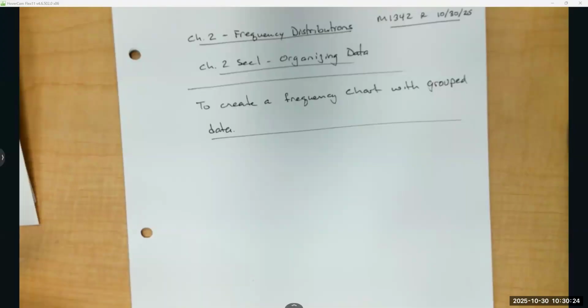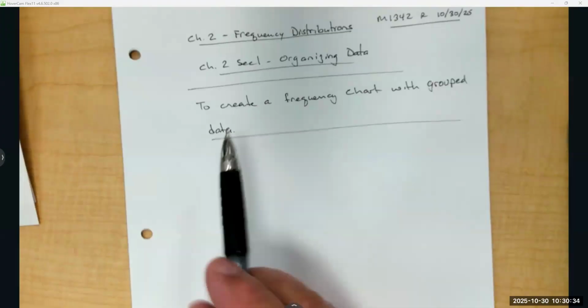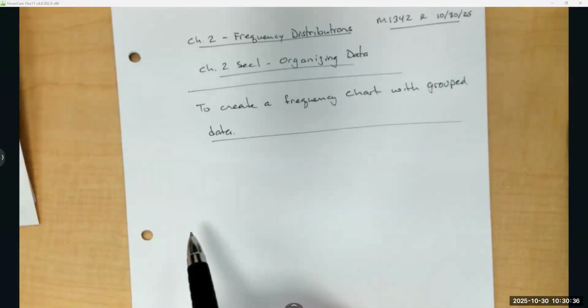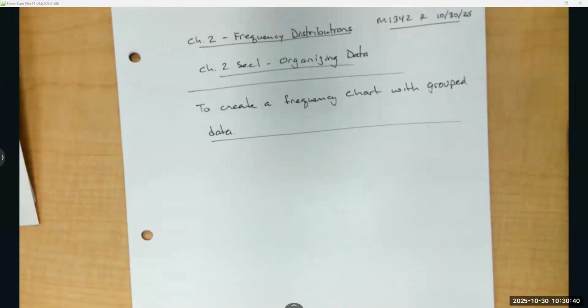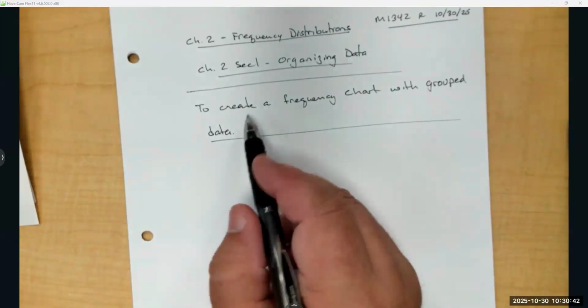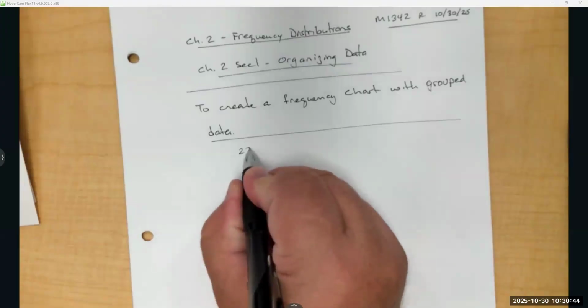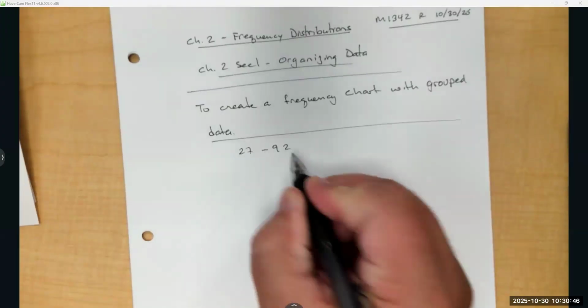Because we're going to group them into intervals. Because if we didn't, let's say we had a small set, like only 5 numbers, 1, 2, 3, 4, 5, and we had a whole bunch of those. Do we have to create a frequency chart? No. The answers are 1, 2, 3, 4, 5, and we count how many times they occur. But because we have numbers that range from 27 to 92,